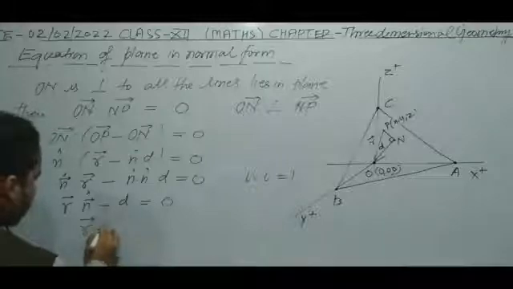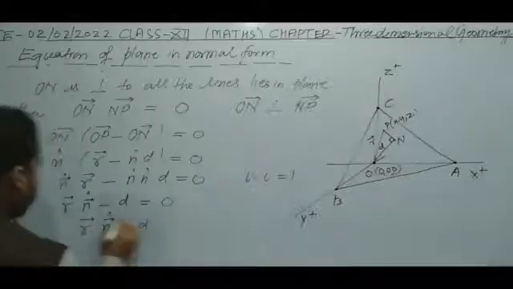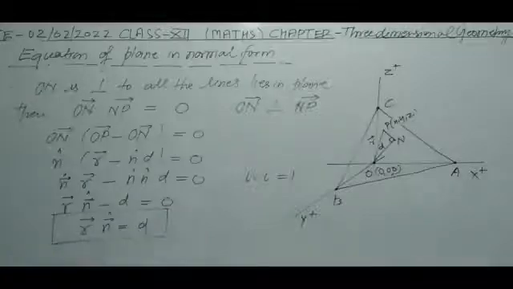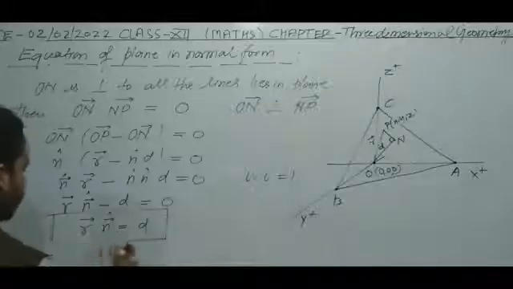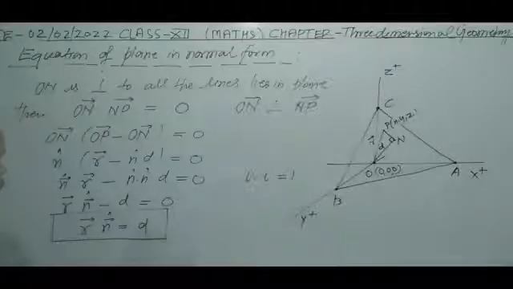So vector R dot vector N unit vector is equal to D. This is the equation of plane whose perpendicular distance from the origin is D. So D is the perpendicular distance, and N is the unit vector along ON,